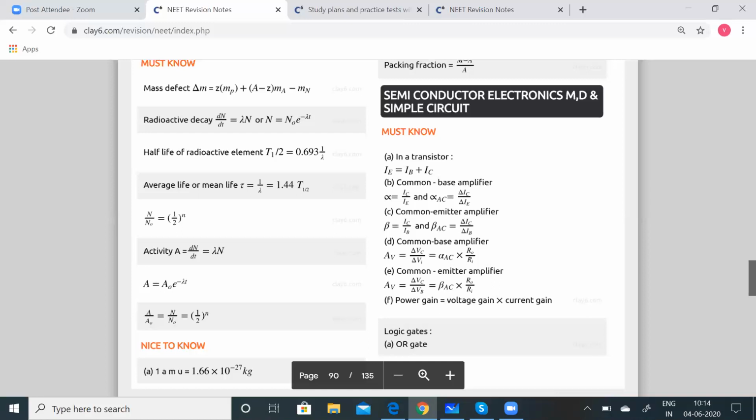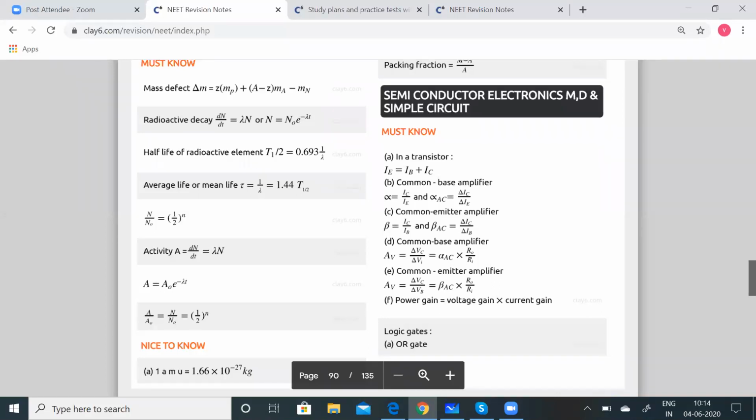And then coming to the junction transistor, here we have to remember the terms. The three components of the transistor are emitter, collector, and base. The base is very thin and lightly doped. The emitter is always forward biased and the collector is always reverse biased. The emitter supplies a large number of majority charge carriers for the flow of current through the transistor. The function of the base is to control the flow of majority charge carriers from emitter to collector. And the function of the collector is to collect the majority charge carriers from the transistor operation.